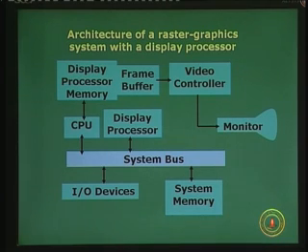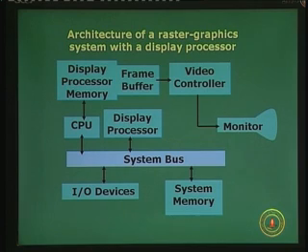We need an extra display processor to do some jobs of computer graphics such that it helps us to avoid overloading the CPU or central processing unit. Well, the central processing unit has to do a lot of tasks in terms of managing the system, running the operating system, handling the input outputs and all that. We have a system memory down below, as you can see from the system bus, but we have a separate display processor with its memory which the CPU can directly access, and the frame buffer is a part of the display processor memory, and the display processor basically does all the computer graphics, picture drawing,